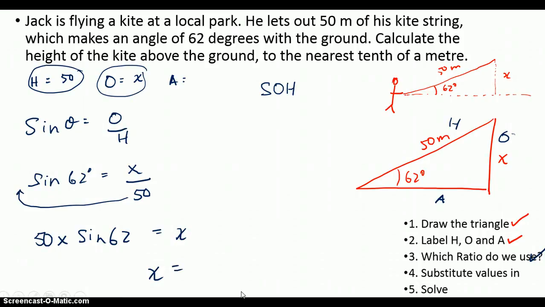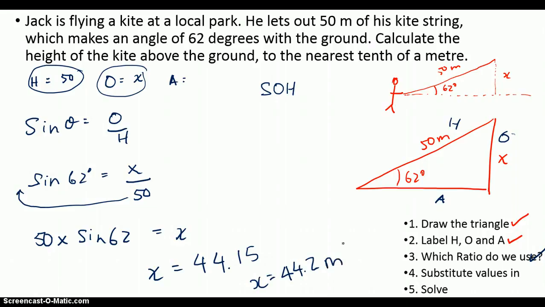sorry, just typing into my own calculator, 50 times sine 62, just get a value of 44.17, sorry. I do apologize. This is supposed to be 44.15. In other words, when you round it off, x equals